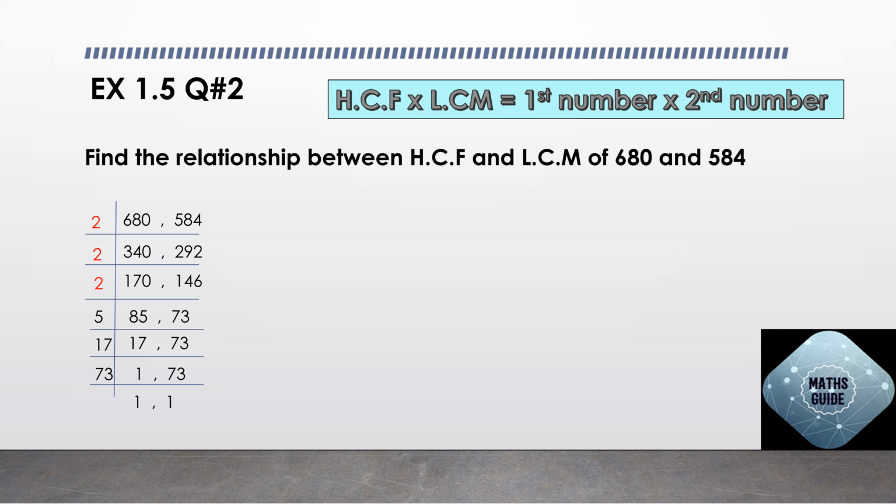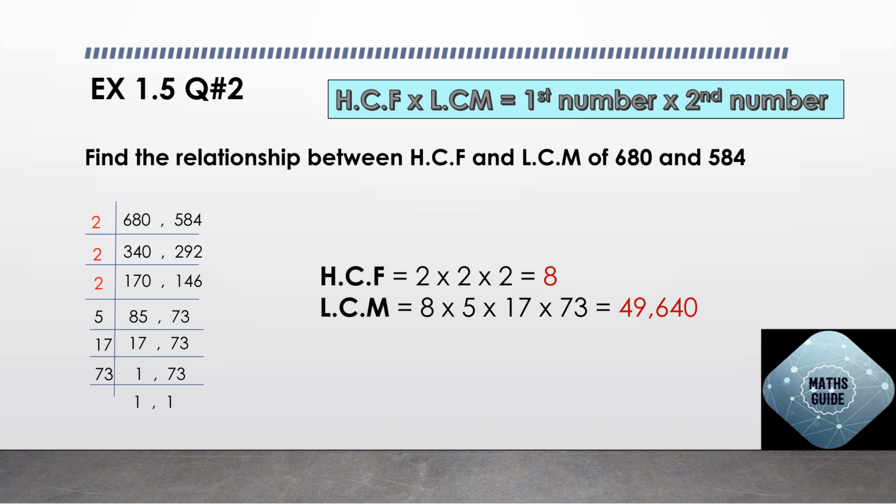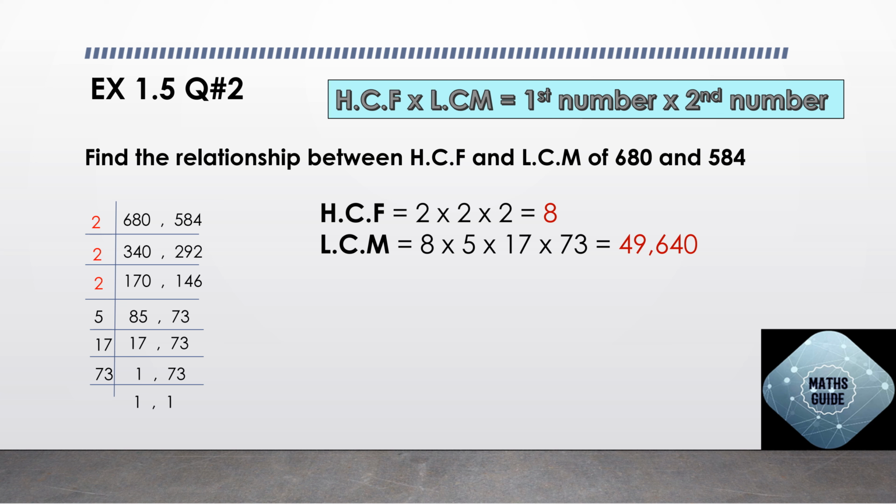This is exercise 1.5 question number 2. Here again we have to show the product of HCF and LCM is equal to the product of the given two numbers. The given two numbers are 680 and 584. As you all know, the first step is to find out their HCF and LCM. So let's see. HCF is 8 and LCM is